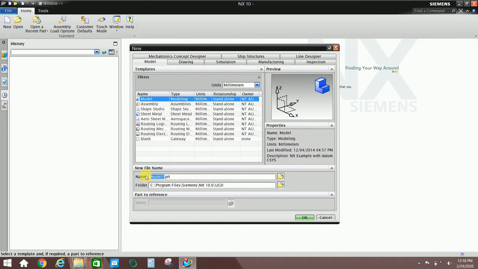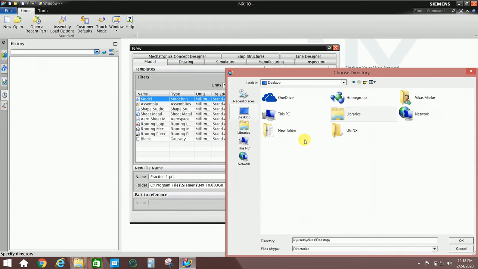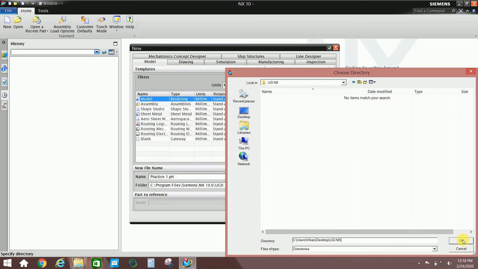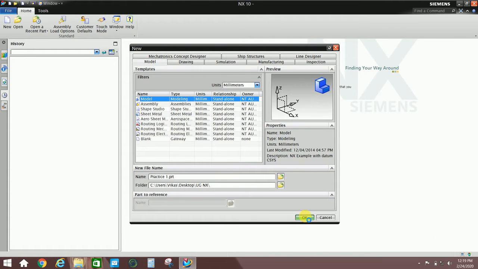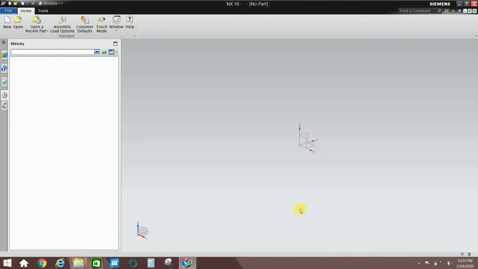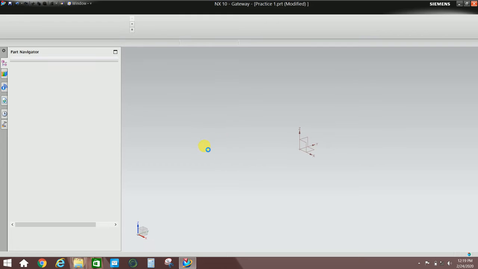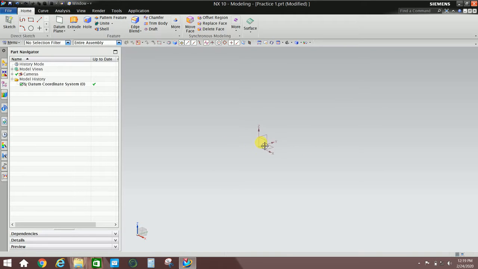and I will save it as practice one, and I will save it on desktop in UGNX. Okay, it's loading. Yeah, so this is the environment. This is the basic environment of Unigraphics. This is the datum coordinate system,